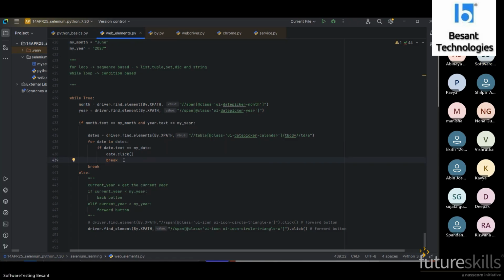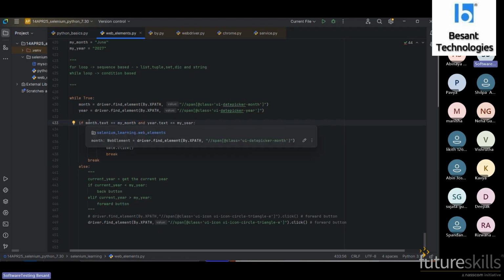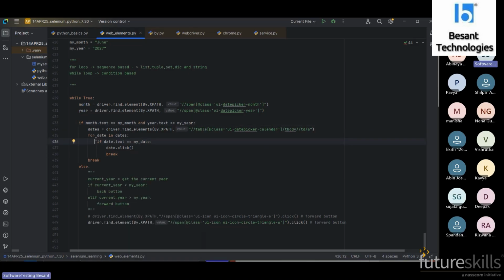Now we can use a single break or a double break. We can go with the double break. This break is to break the for loop. This break is for the while loop. So now when the condition is met, we are getting the dates from the respective calendar.